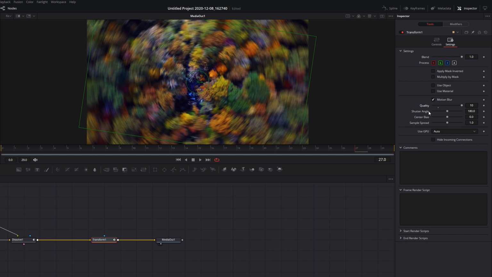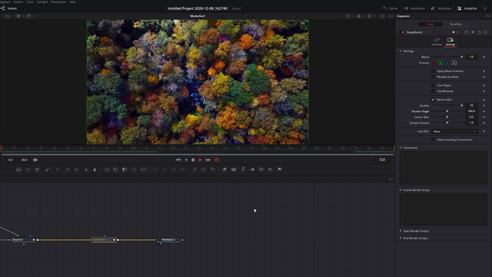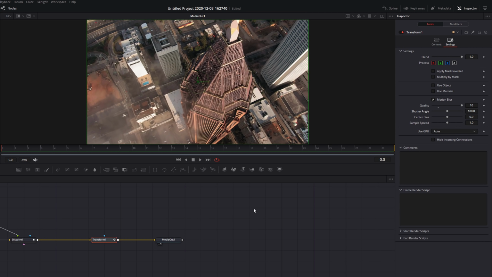And then the shutter angle is the amount of blur. So it's currently set to 180. If we drop that down, you see I get less blur, and we move that up, I get more blur. So I'm actually just going to leave it as the default for now. And then if we hit play, we've got a transition that looks something like this. Looks pretty cool. Now there's one other thing which we can amend, which can really change the way the transition